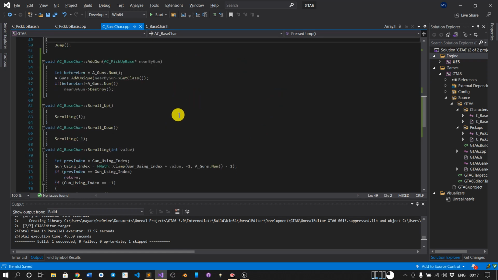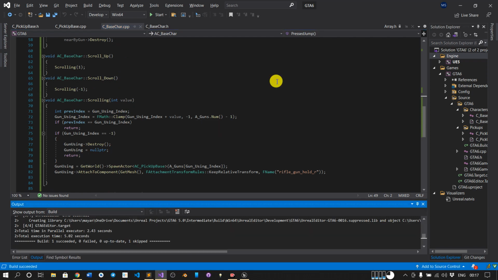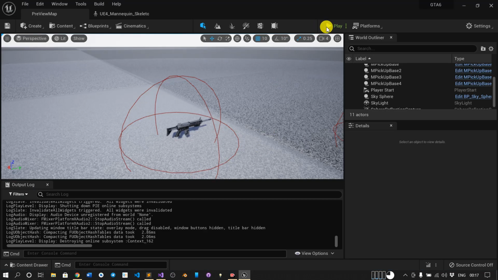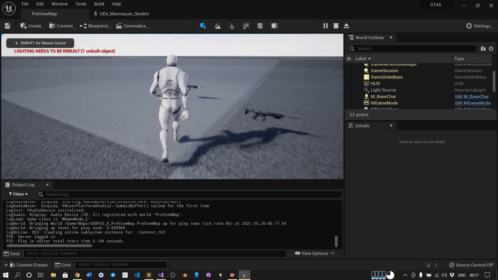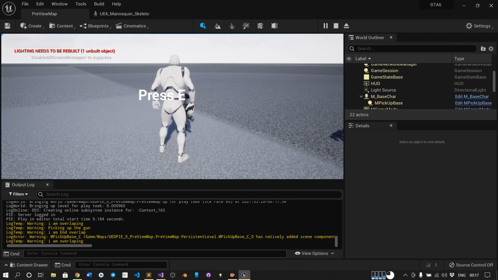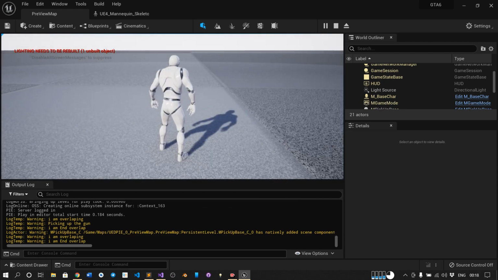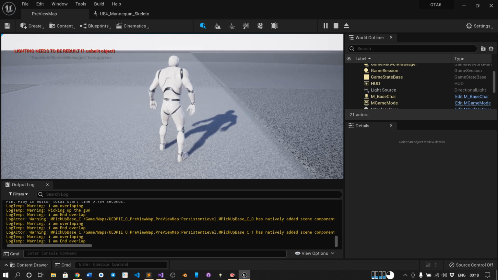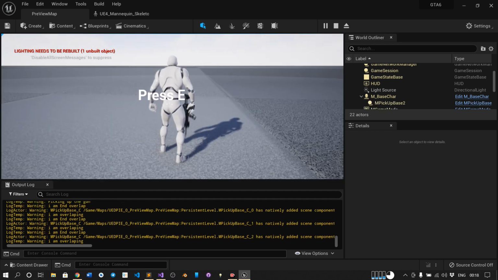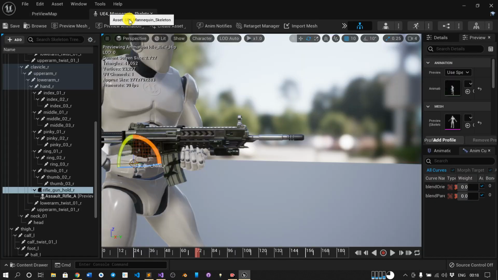Okay, I think it should work now. Control Shift B. It succeeded. Let's click play. Now let's go to this gun. I pressed E. Now I'm scrolling up. Now the gun is here, and when I'm scrolling down, the gun is removed. But the animation is not set, so we will set the animation tomorrow, because